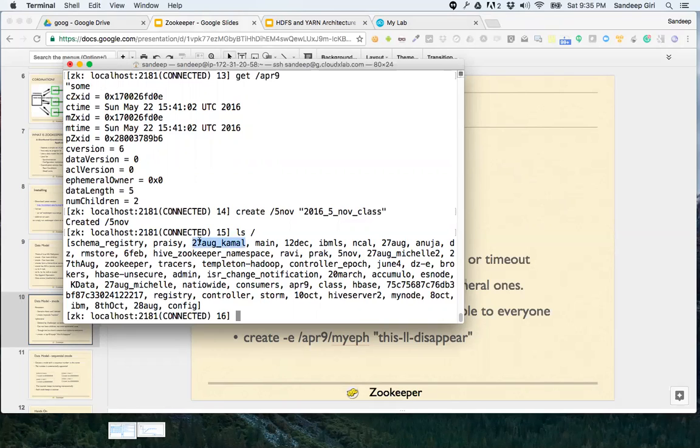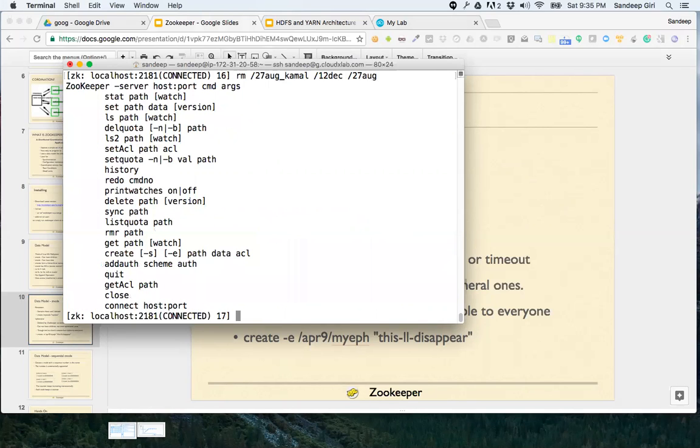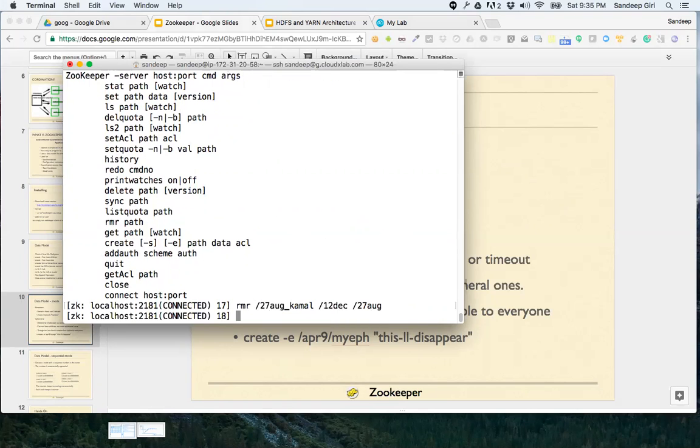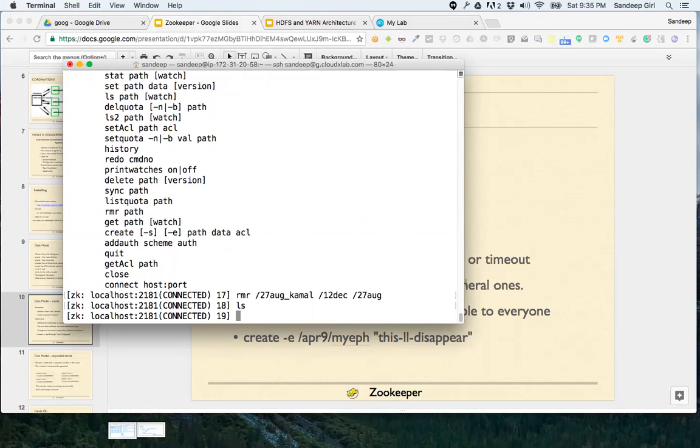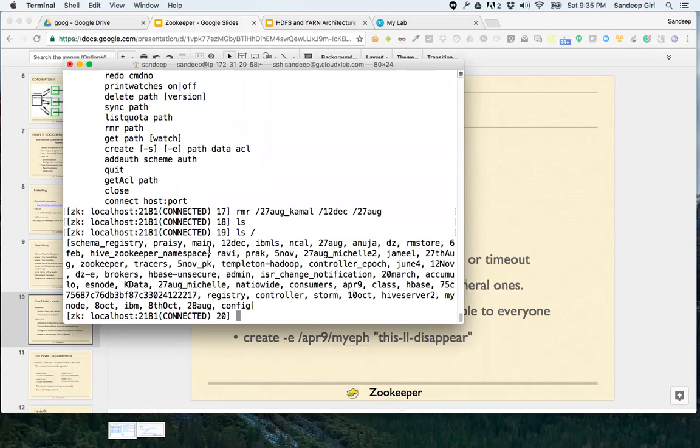We can delete all of this. Okay, I'm deleting all of these. How do you delete? All right. Okay, so where is the 5th November one?